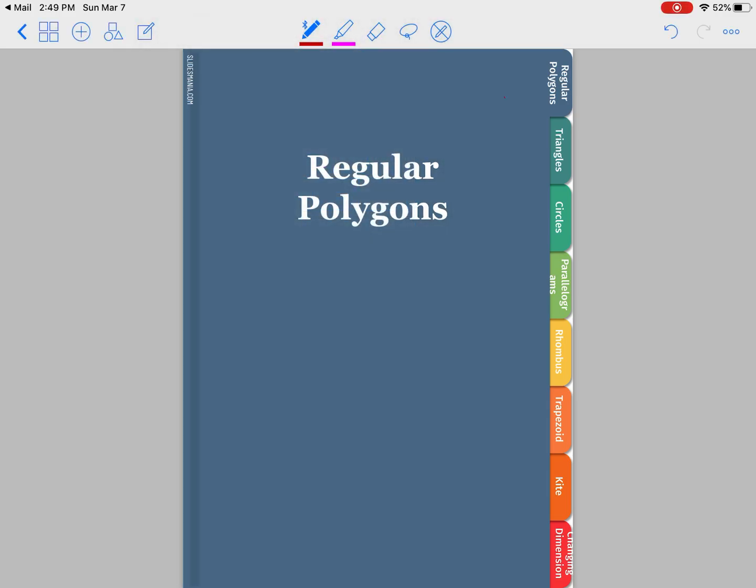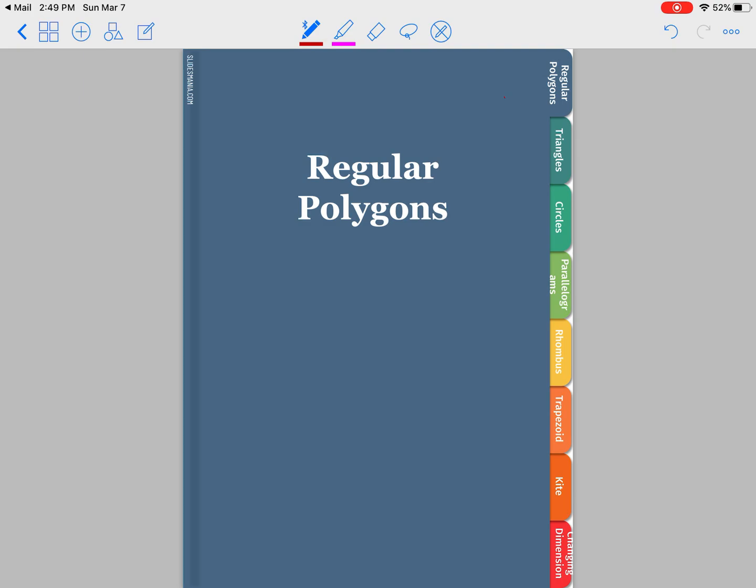Okay, let's look at regular polygons today. What we're going to focus on is how to find the perimeter and area of these shapes. Now, you have learned in the past how to find perimeter and area of all different kinds of shapes, triangles, rectangles, parallelograms, kites, trapezoids, all these different kinds of shapes, but you probably haven't looked at a